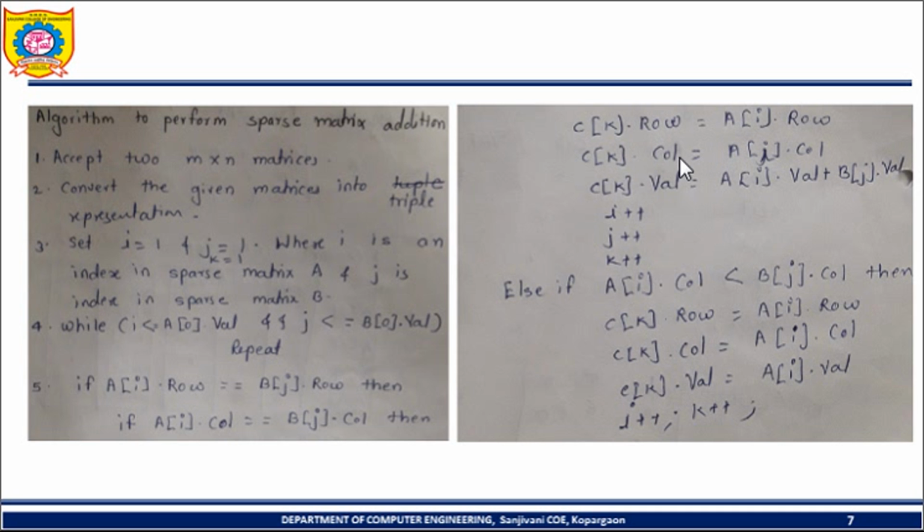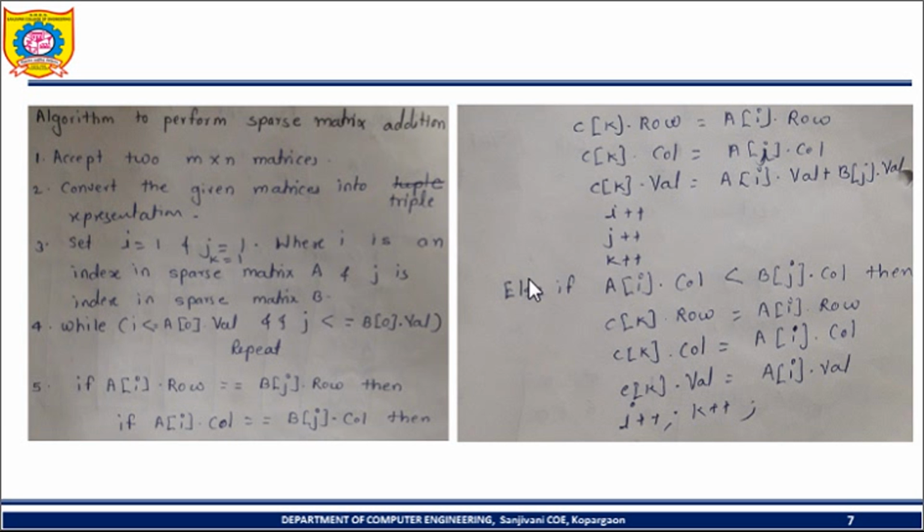The val column of the resultant matrix contains the addition of the ith row value of the A matrix plus the jth row value of the B matrix, and that addition is stored in the resultant matrix's val column.